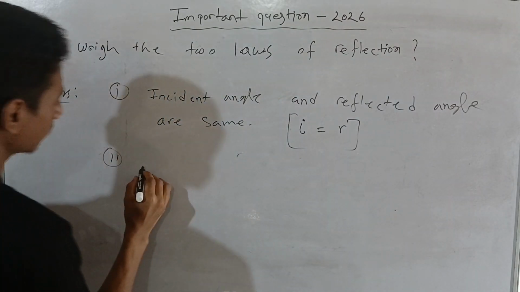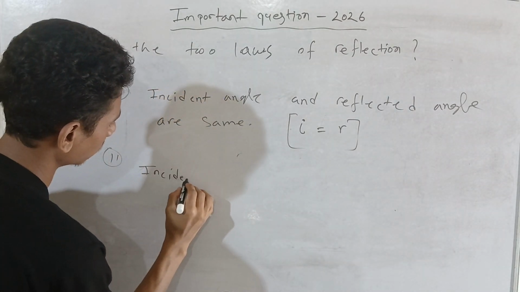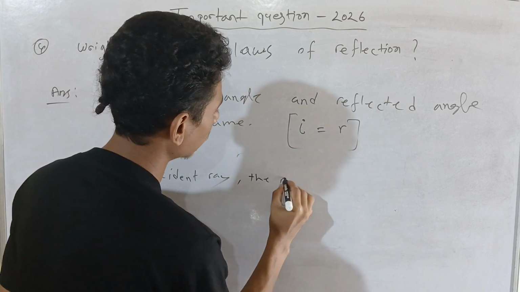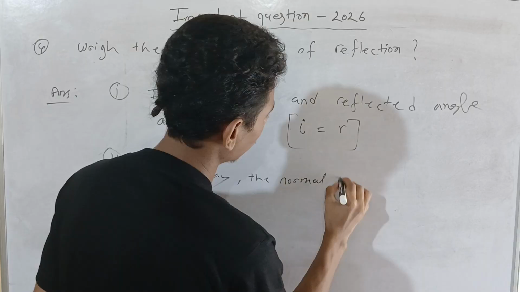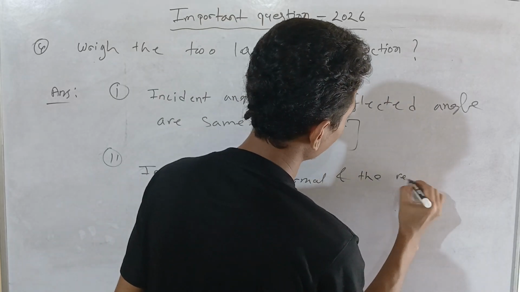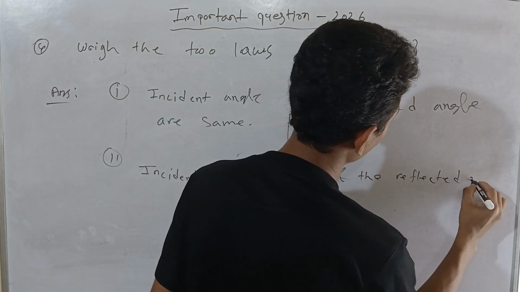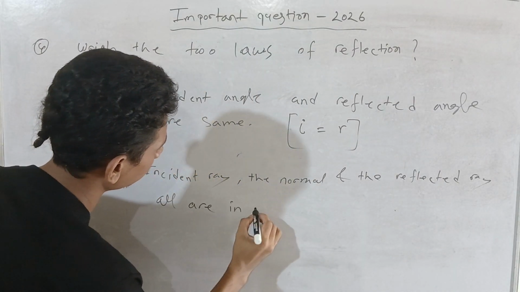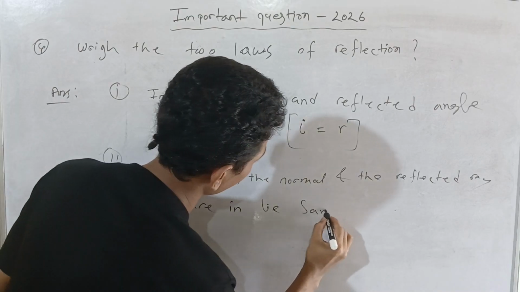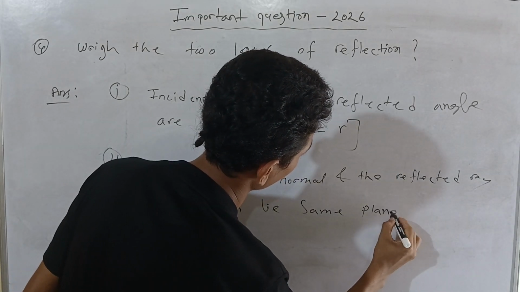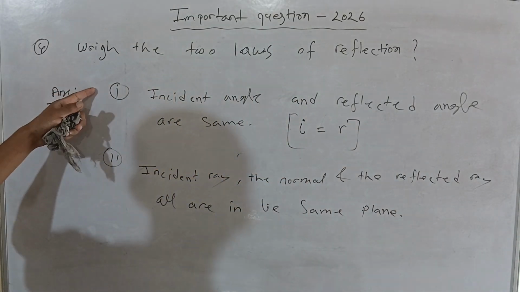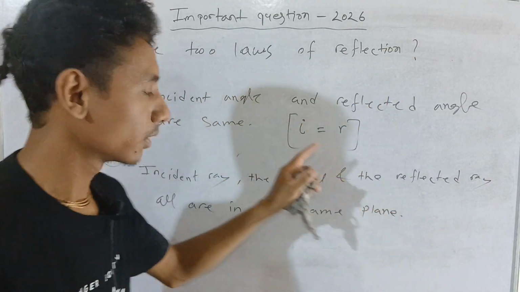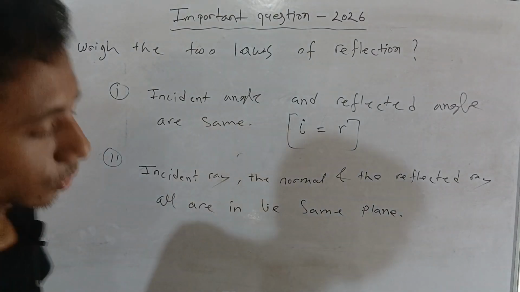The second law is that the incident ray, the normal, and the reflected ray are all in the same plane. Okay, these two are the 2 laws of reflection. Okay, you can write. This is important. So next question is